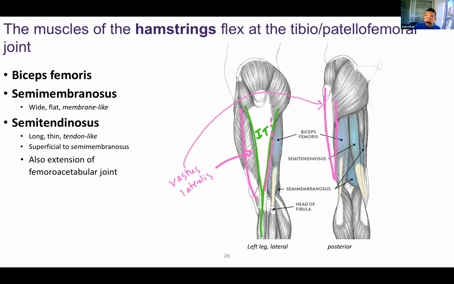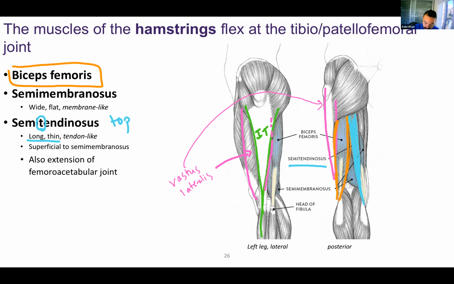The most lateral of these hamstrings is biceps femoris. This is why you need to say the full name. It's not biceps brachii. It's biceps femoris. There are two heads, hence biceps, and it's the more lateral of these three. The next two have long names. The one that's sitting on top, and it's slender, is semitendinosus. Semitendinosus is on top. Semimembranosus,